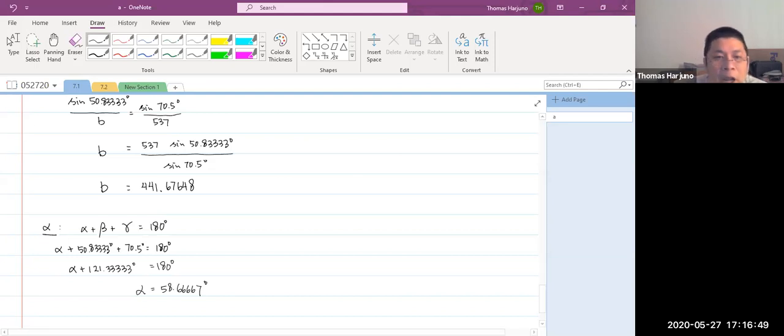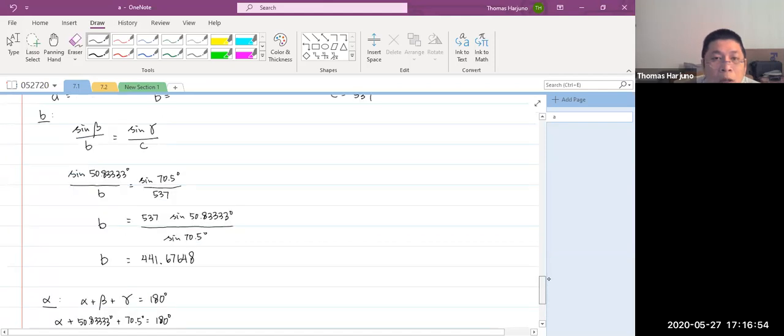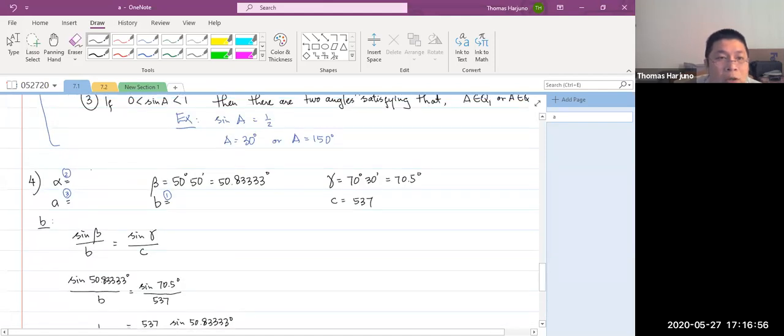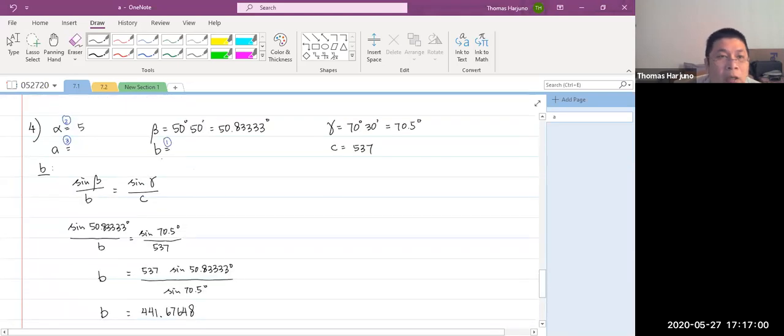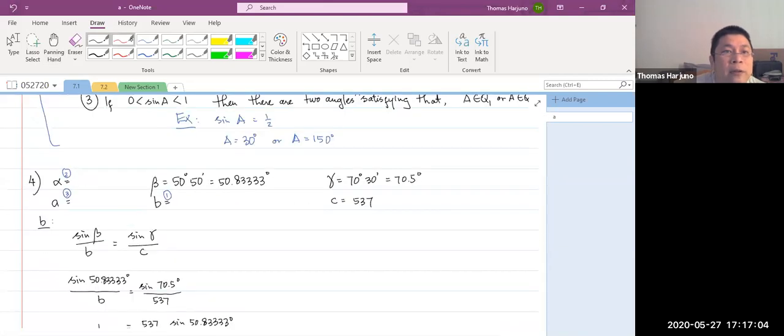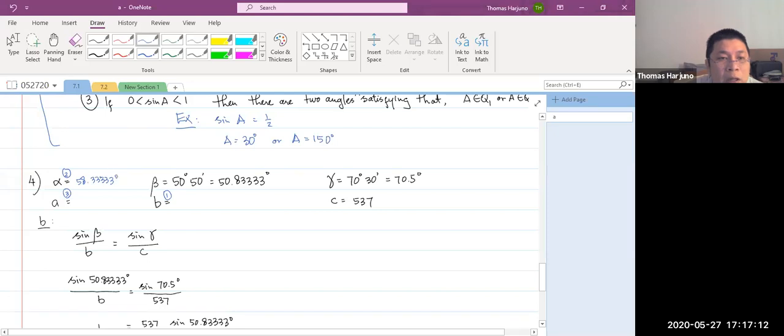Now this 58.66667 degrees, therefore, so this is 58. Let me just put columns here. This is 58.3333 degrees. Now, therefore, later on you will see the side here,